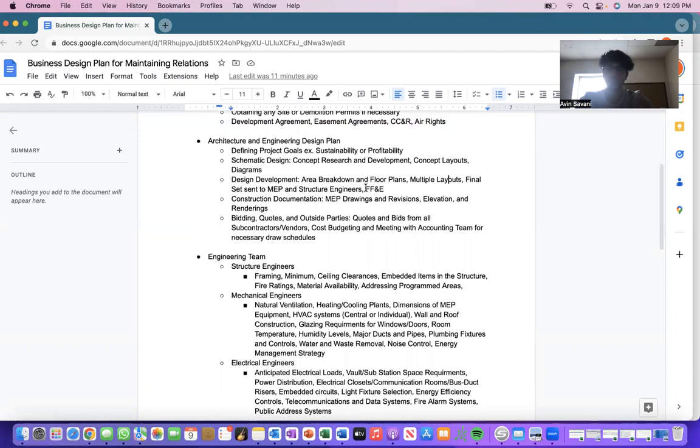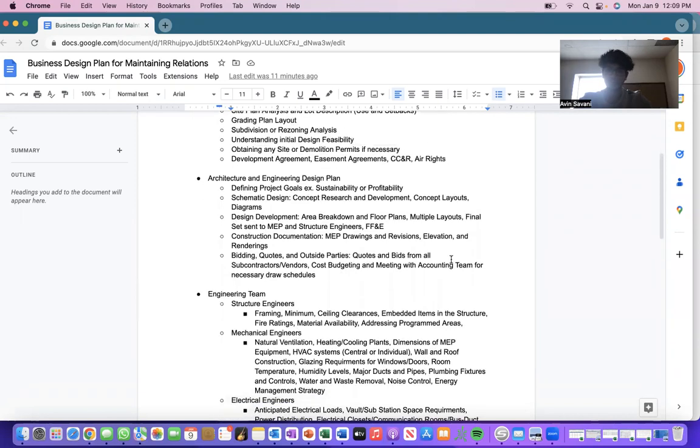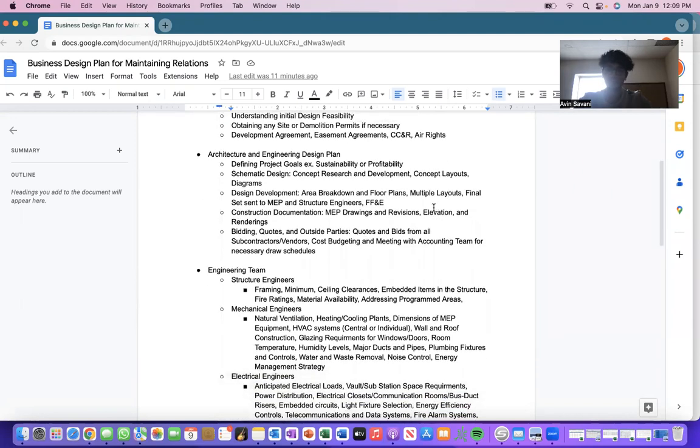So MEP drawings and revisions are the final step, I would say, and then it's sent to the contractor. So these drawings, I'll go through the different roles that they play, but basically the last things would just be elevation and renderings. Renderings are just pictures of your project. So just concept pictures about what the development is, I mean, it's already developed. There's people inside, so you see that a lot, right? Actual live content of the entire project, right?